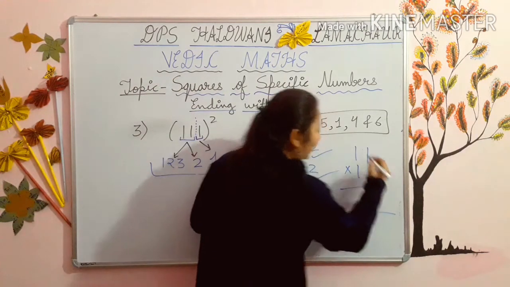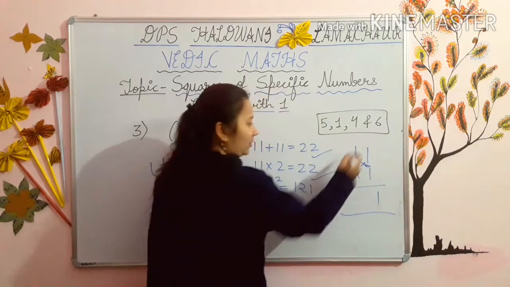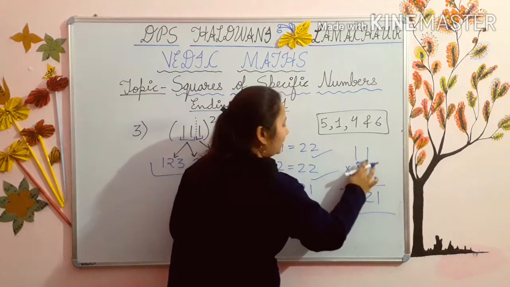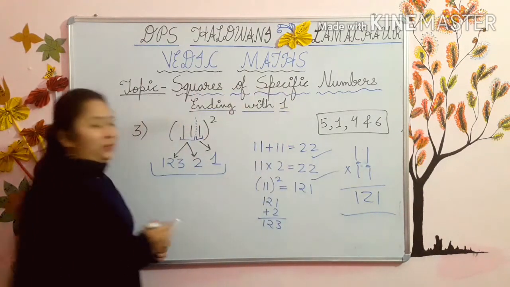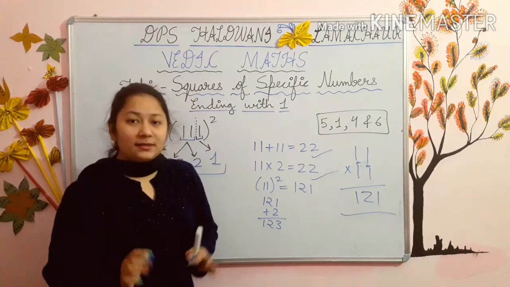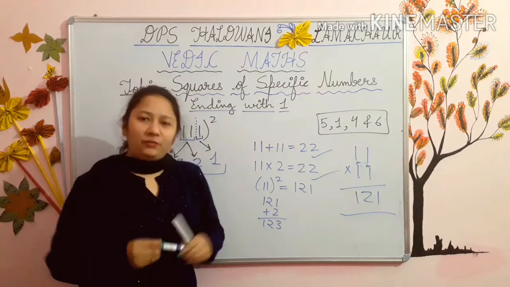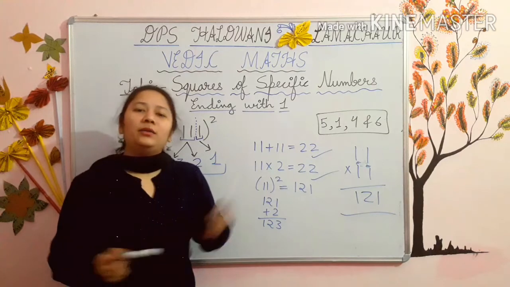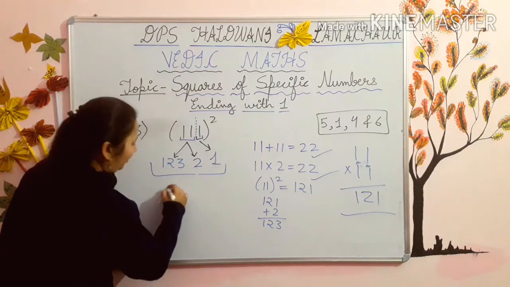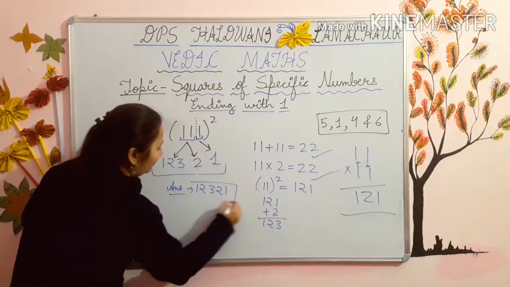So first of all I, 1 ones are 1, then the second is X, 1 ones are 1, 1 ones are 1, so 1 plus 1 is 2, and then the last I, 1 ones are 1. So 121. Directly with the IXI method you can multiply the sums orally in your mind. In my previous videos also I have told you that if you want to learn the IXI method, you can go through my videos of 6th class. So your answer is 1, 2, 3, 2, 1.